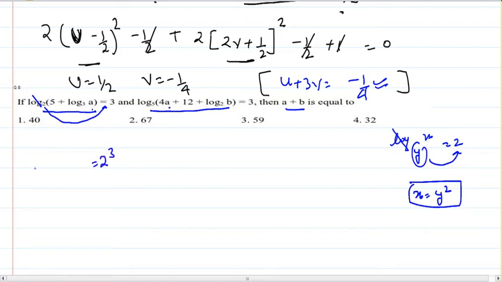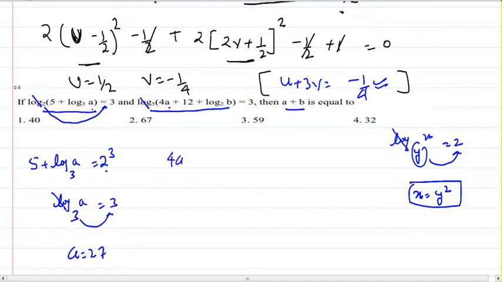2 cube will be same as 5 plus log a base 3. That is 8. 8 minus 5 is 3. So what I have is this. When I cancel this further, this 3 will be raised by power 3. So I will have a is equal to 27. Again, this is the third problem of logs from the morning slot of 2018. And this also is based on your ability to handle base of the log. If I cancel this log, 5 will be raised by power 3.